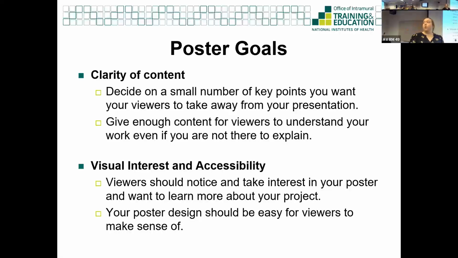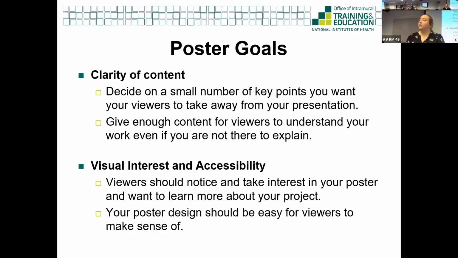So goals for your poster. What should ideally be on your poster? What makes a really well communicated poster? An important thing is having a clear story, having that clarity. It is better to tell a complete story than to have little bits and pieces that don't fit together randomly thrown onto your poster. So it is better to actually have less on your poster than it is to have too much. You want to pick a small number of key points about your project that walk it through a full story, beginning, middle, end, and give enough context for the viewers to follow along, especially if they're not experts